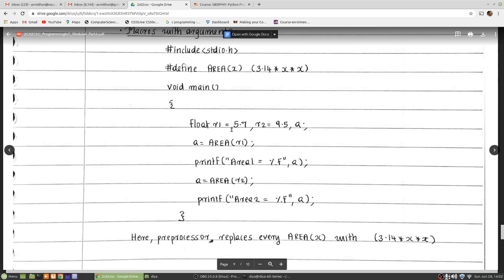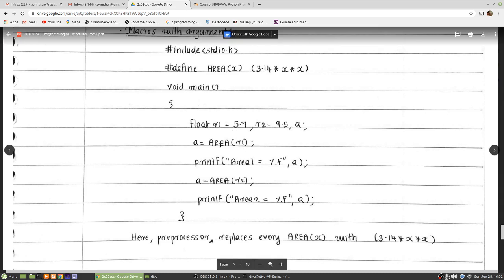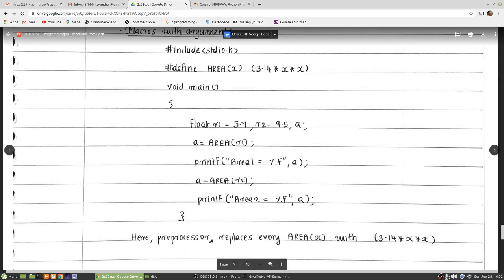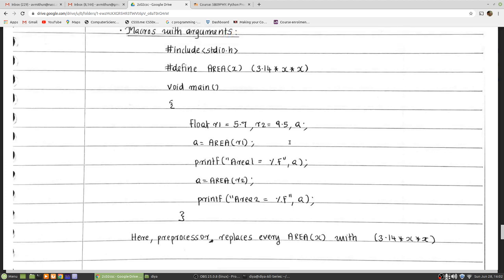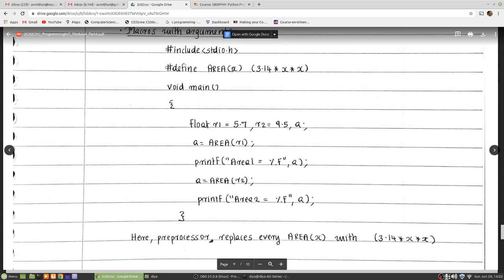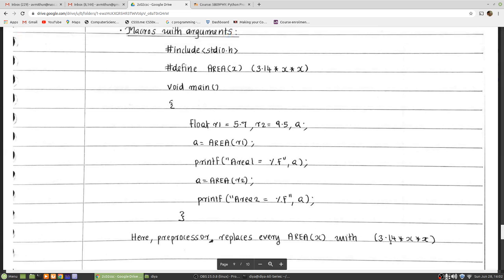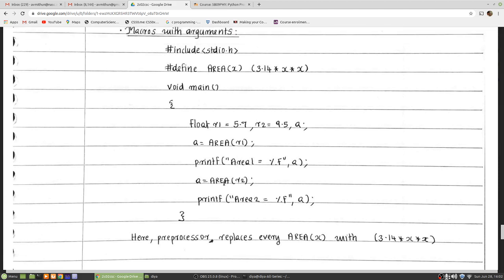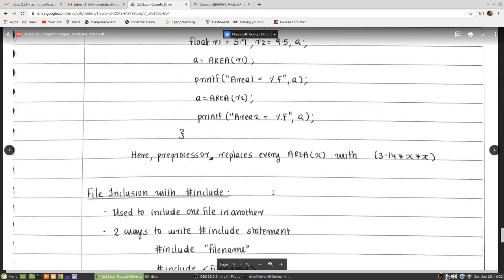This AREA is the macro template, and this will be expanded as 3.14 into R1 into R1, or else 3.14 into 5.7 into 5.7. Like this, you can have arguments for our macros. Every AREA(x) will be replaced with 3.14 into x into x. So here also AREA(R2) will become 3.14 into 9.5 into 9.5.